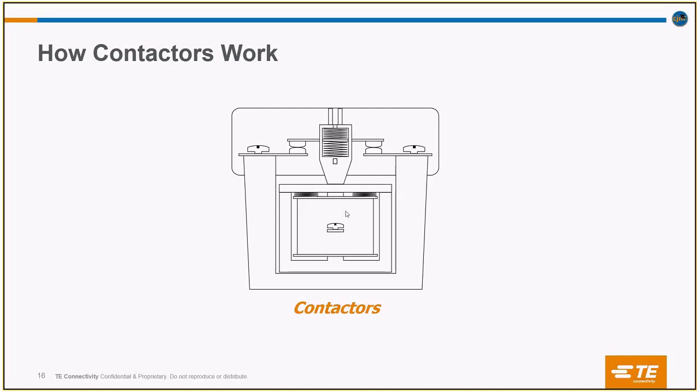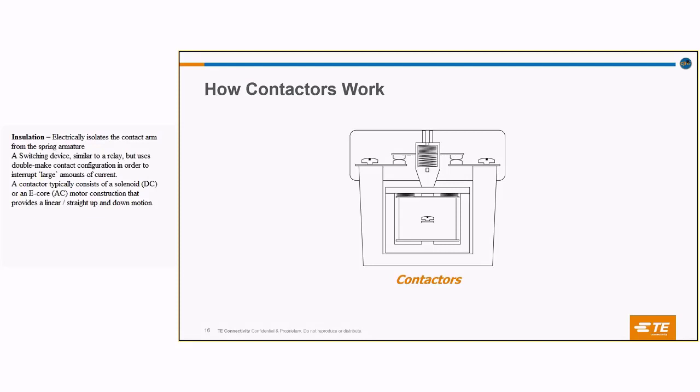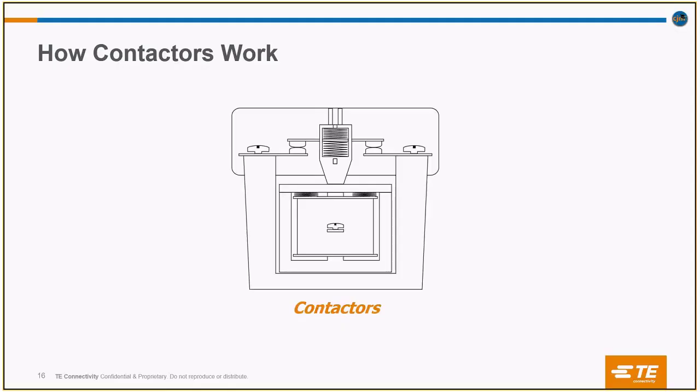Okay, this is a rough diagram of a contactor. A contactor typically consists of a solenoid or an E-core. Whenever you hear the term solenoid, it is DC. Whenever you hear the term E-core, it is AC. Direct current and alternating current. So direct current is represented by the term solenoid here, and AC, alternating current, is represented by the